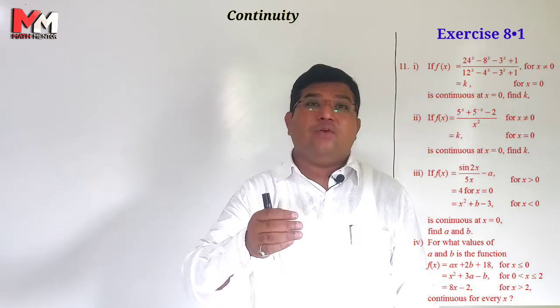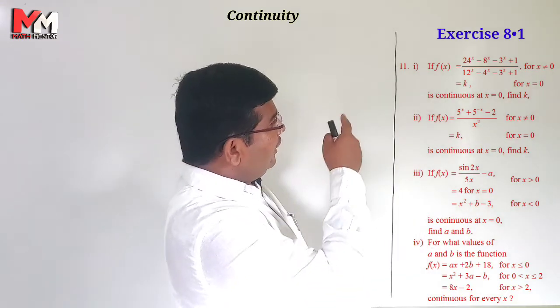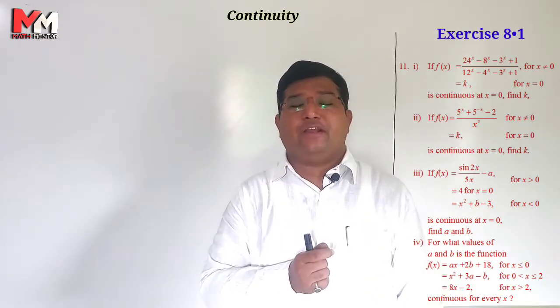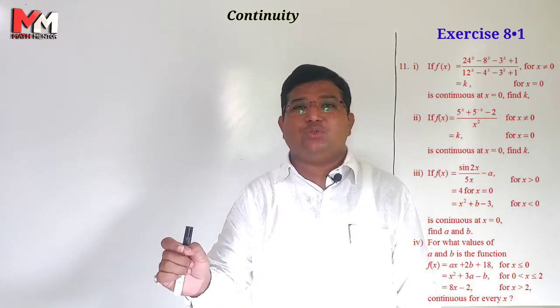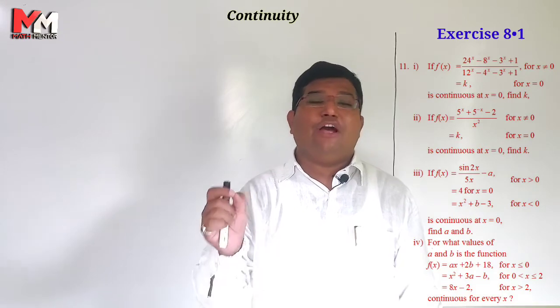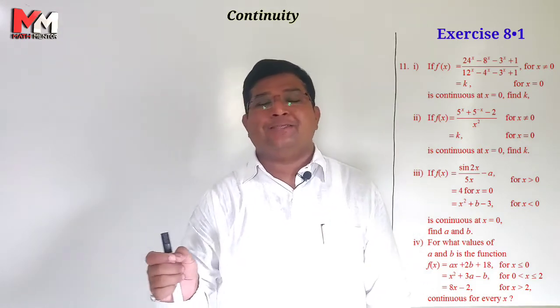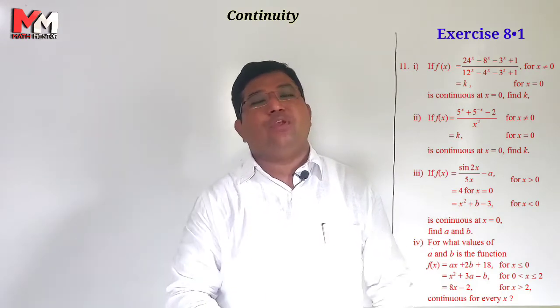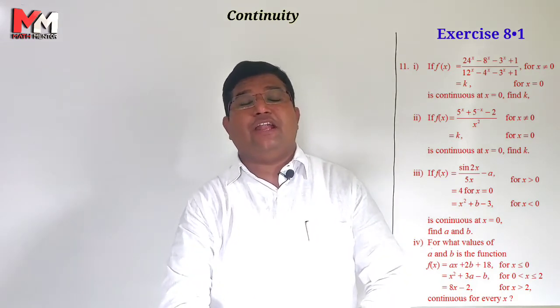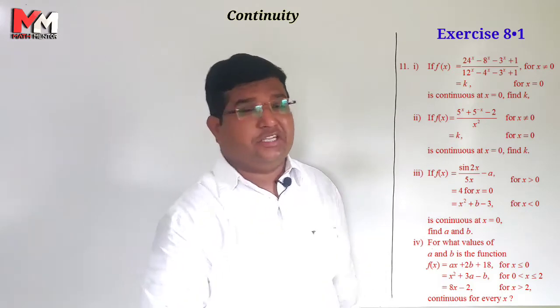And from that we have to find, there are two unknowns a and b. So a and b we have to find. So given is what? Function is continuous at x is equal to 0 and we have to find the value of a and b. It means left hand limit is equal to right hand limit is equal to value. So first of all we will find the left hand limit. We will find one by one, not simultaneously, here.